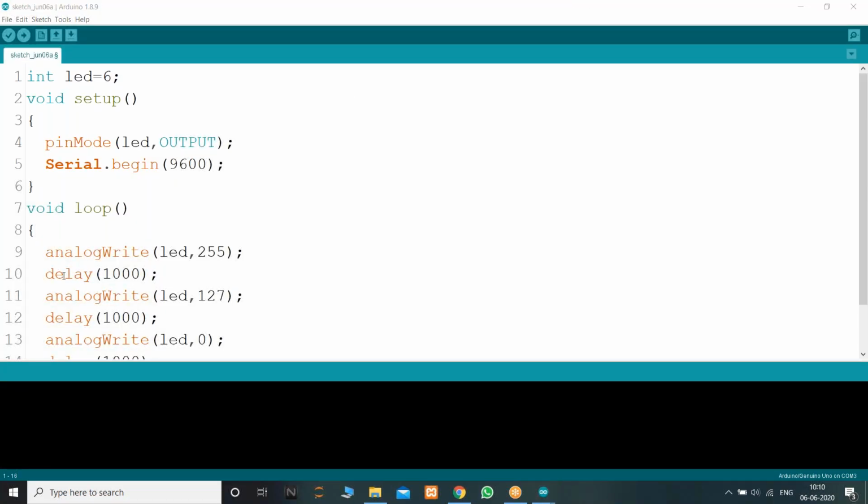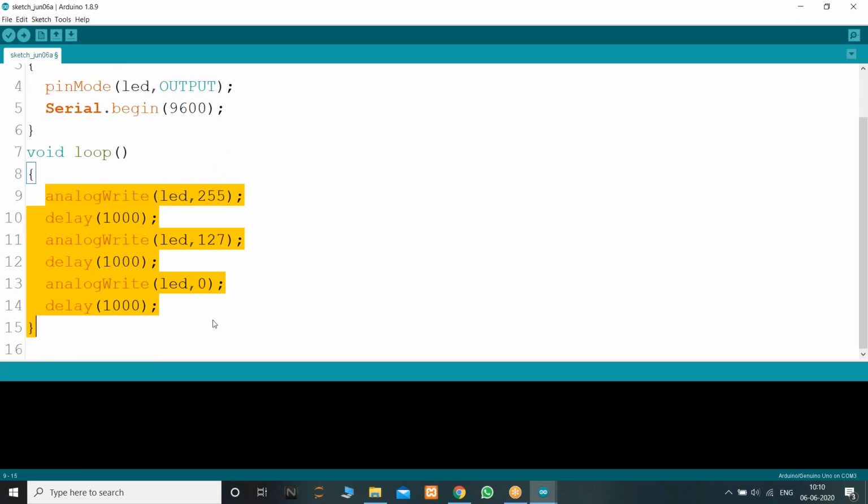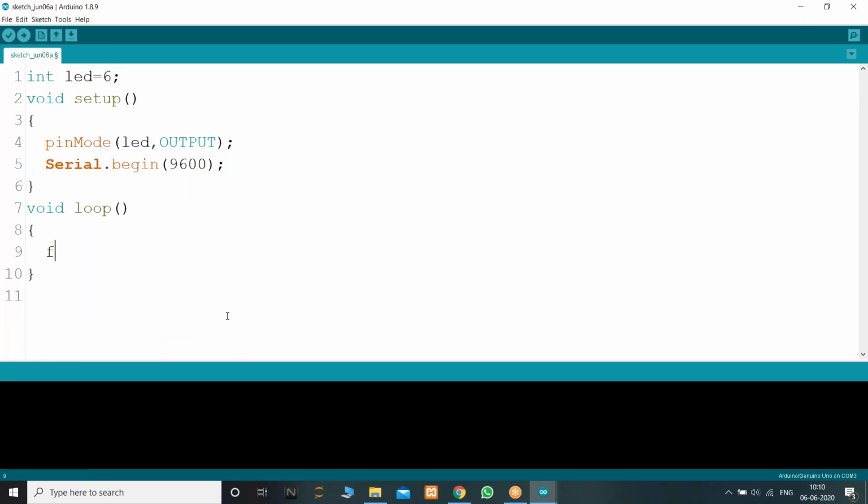So for this, you need to define the i value initially. So defining int i, for i is an integer value, for i equals 0 and then i less than 255 and then i equals i plus 5. You may use i plus equals 5 also.